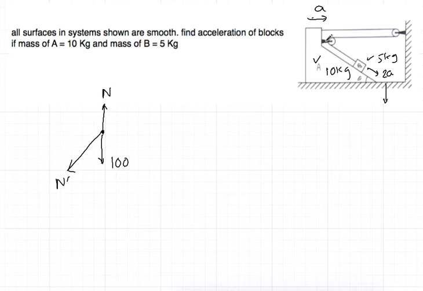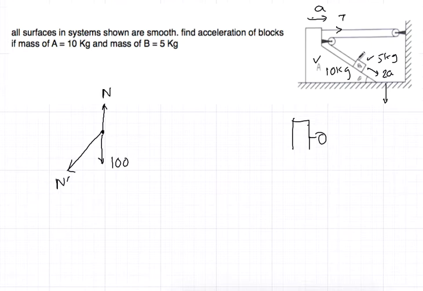Now this pulley is a part of the 10 kg. This is a common mistake sometimes we make. This pulley is a part of the 10 kg. And this string is also attached to it. So there is a force T like this over here. Obviously this T is going to work.